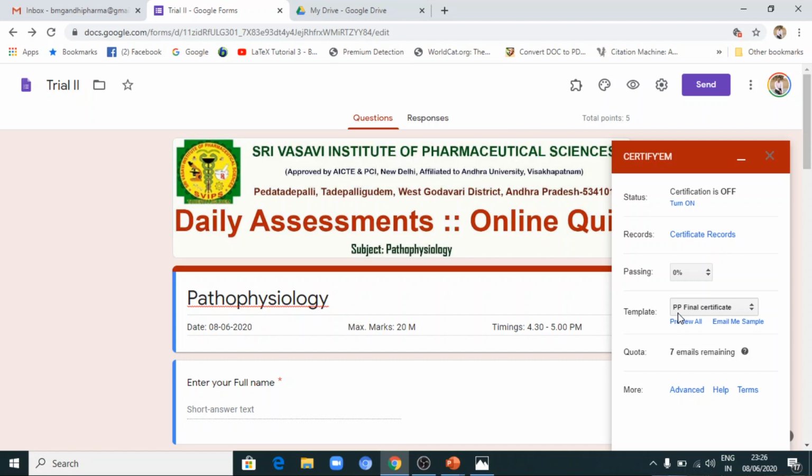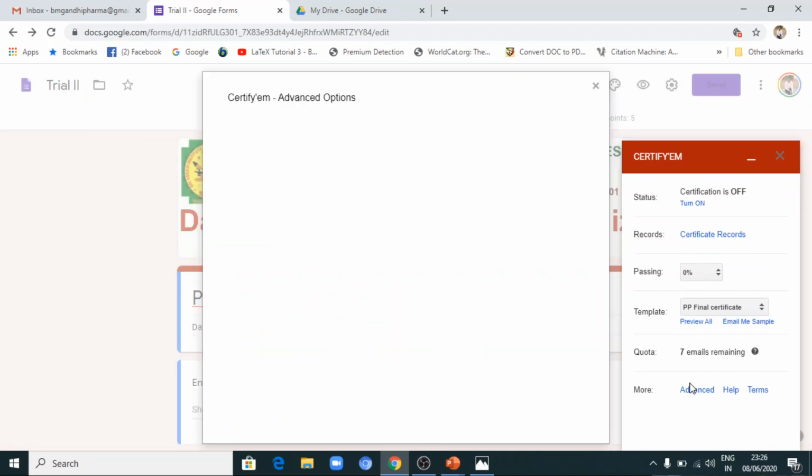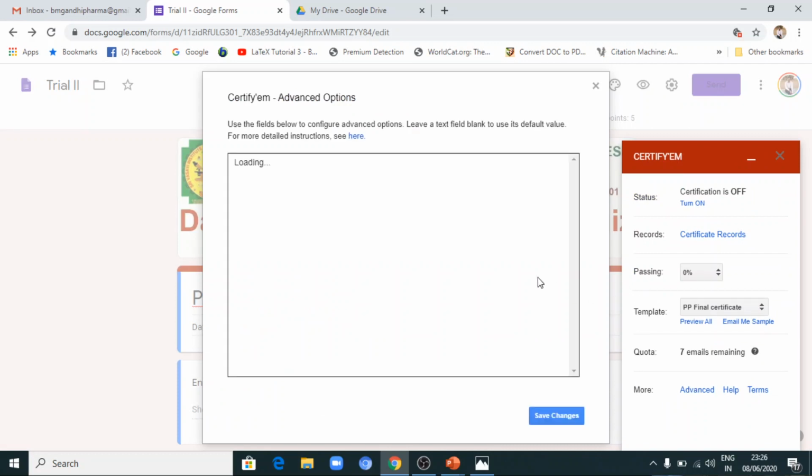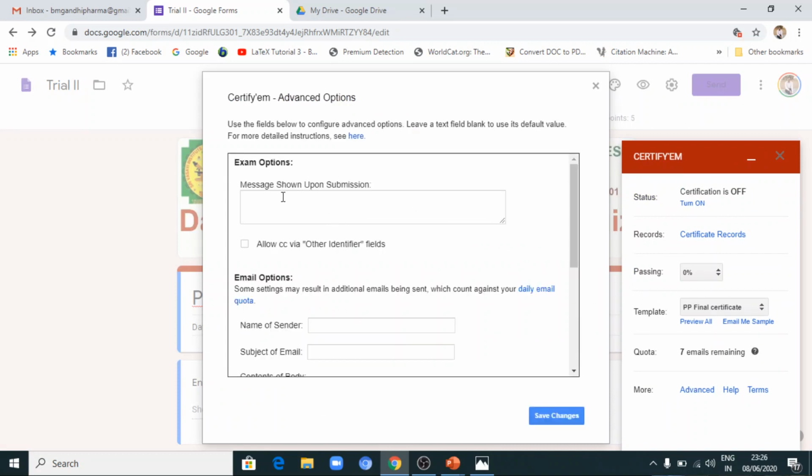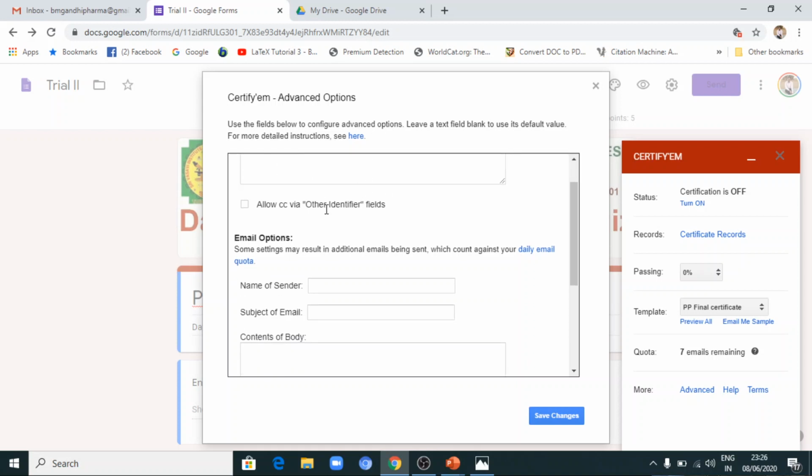Now you can see the certificate was uploaded. Now you can even make some necessary changes if you want by going to the advanced settings. In the advanced settings, you can see what message you want to show upon submission to the students.